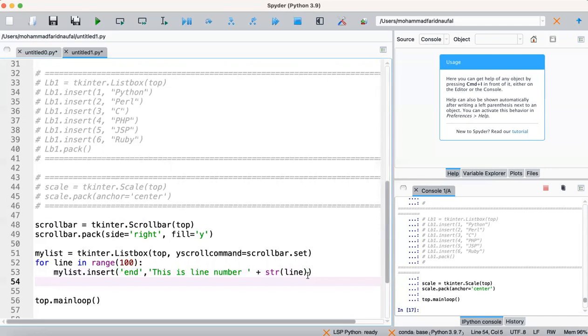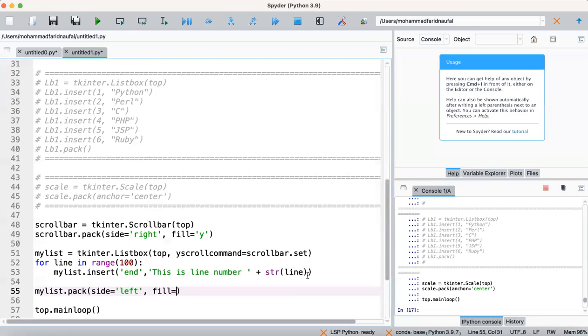Okay, then we also call the pack function here. After we add the items into our list, we call mylist dot pack. Then we put side equal left.